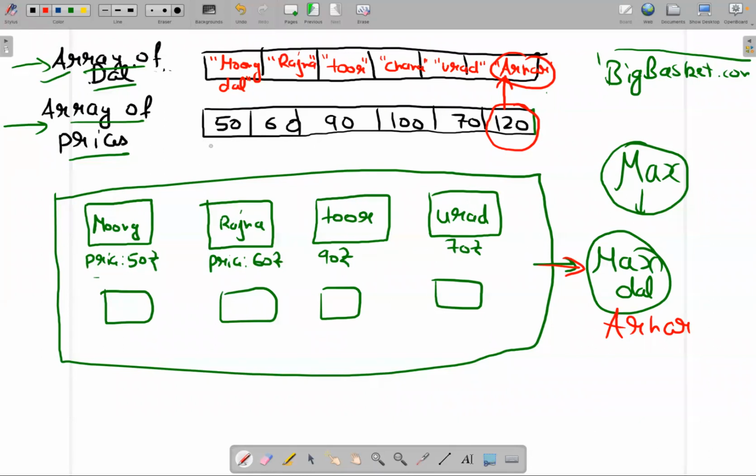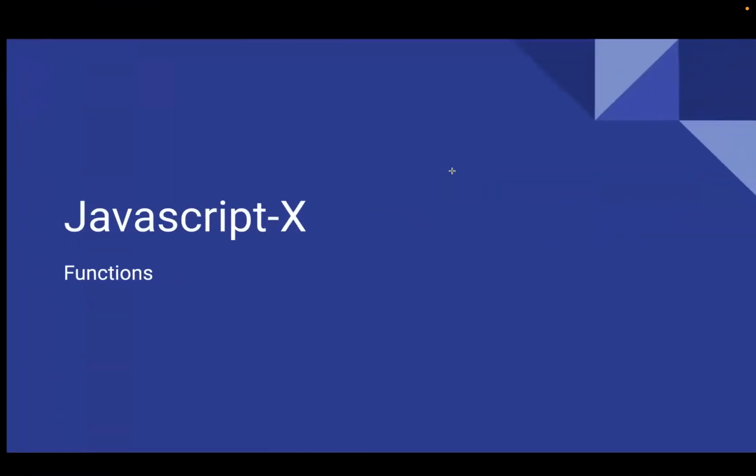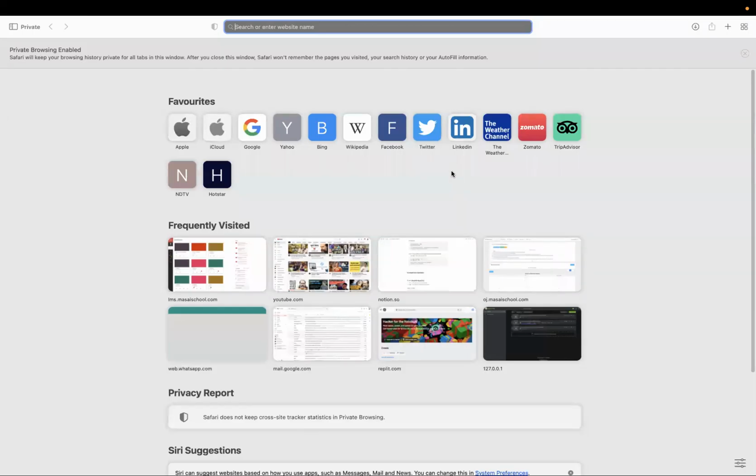You will apply all this logic in real life, when you go to a website and you have a filter there. You want to find the maximum dal, you want to go max to minimum, you want to go low to high, you want to go high to low. Okay, so the point here is, if I go to